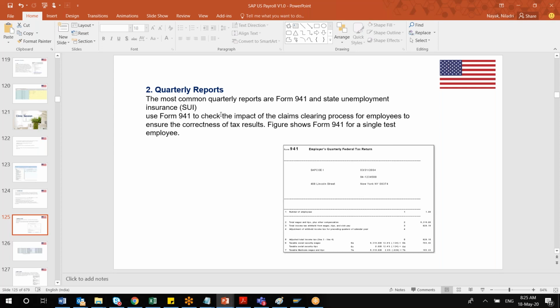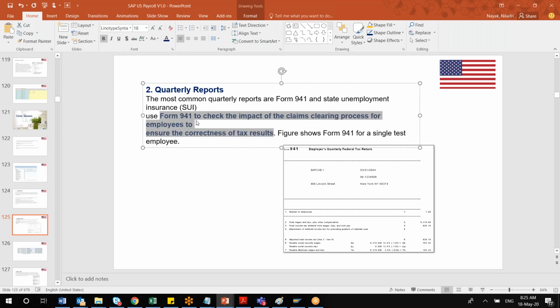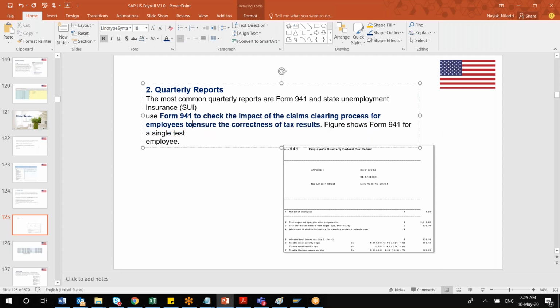It checks the impact of the claim clearing process on tax. You have to understand which form is relevant for what; form 941 shows how the claim clearing is impacting your tax result.